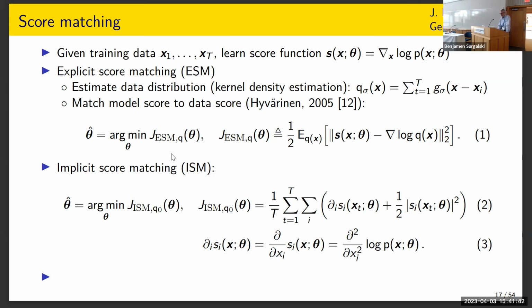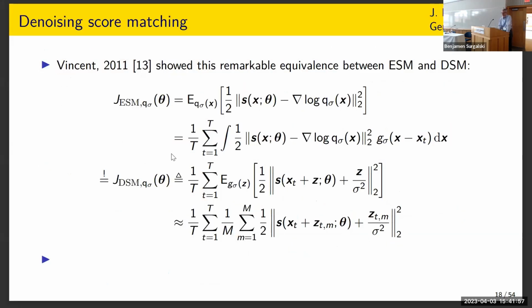It's been around almost 20 years, but it didn't really catch on, because it doesn't work that well. All right. And so what's really made this field popular in the last few years is a better approach called denoising score matching, which I'll talk about next. So in 2011, a little more than 10 years ago now,